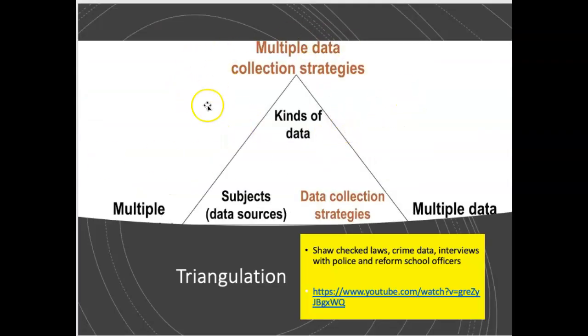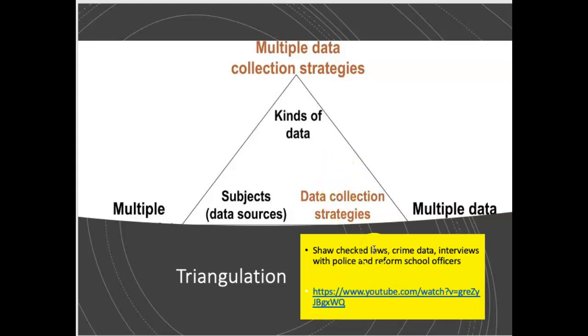So, as I say here, he used multiple sources of data. Now, this is one of the interesting things about this case study. Often, to increase the validity of a case study, to make it more valid, it's a good thing to use multiple sources of data. And in the particular study that we're looking at here, the Jack Roller, Shaw checked the account